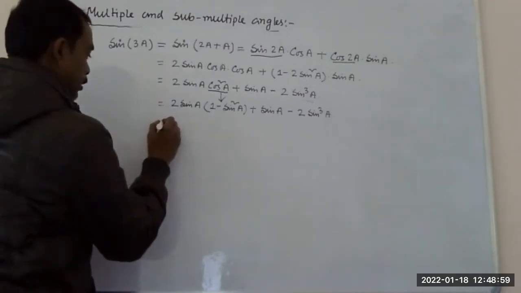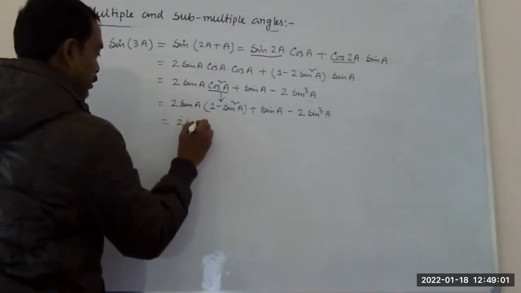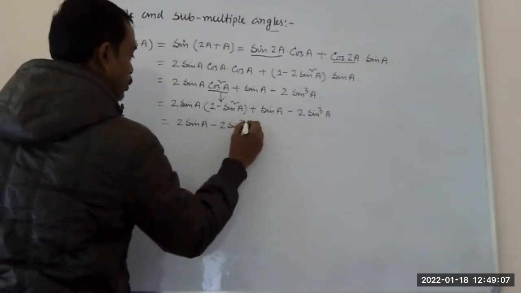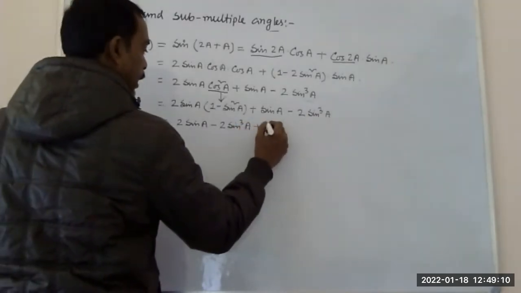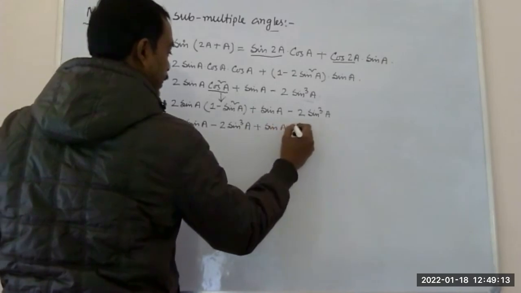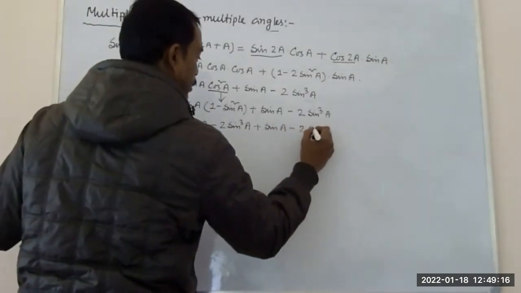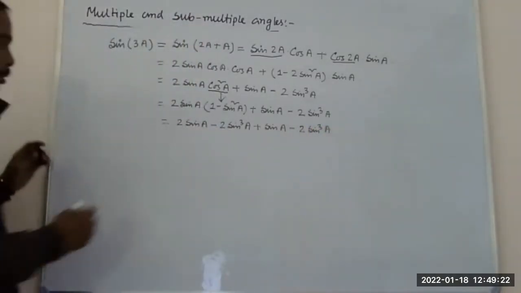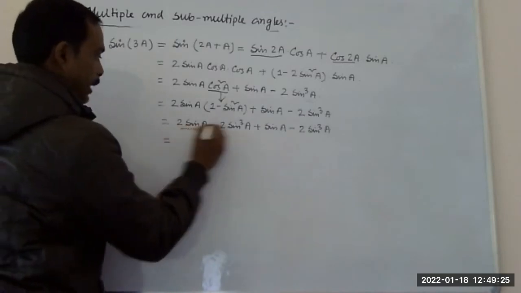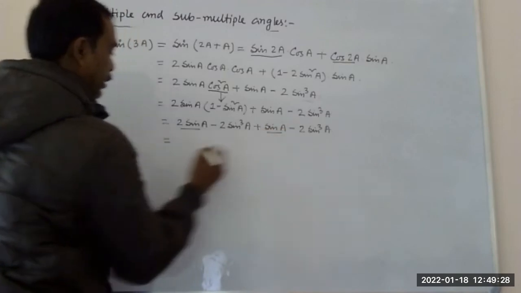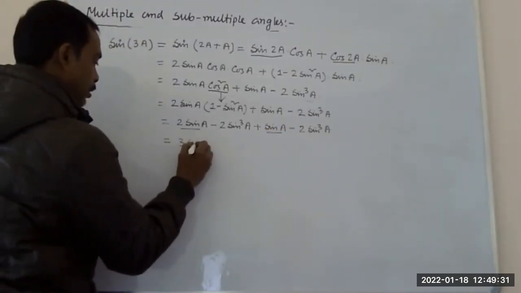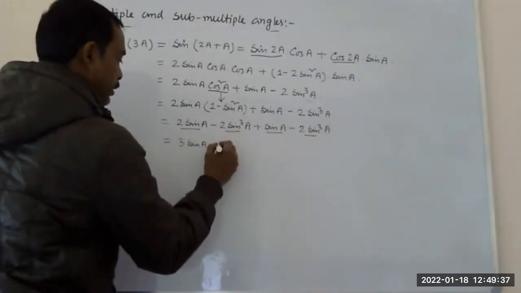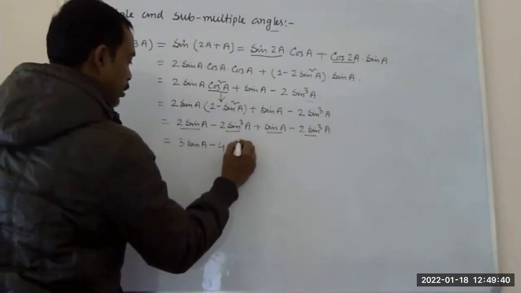Then after multiplication it is 2 sin A minus 2 sin cube A plus sin A minus 2 sin cube A. After multiplication, we got it. Now here it is 2 sin A plus sin A, that means 3 sin A, minus 2 sin cube A minus 2 sin cube A, that is 4